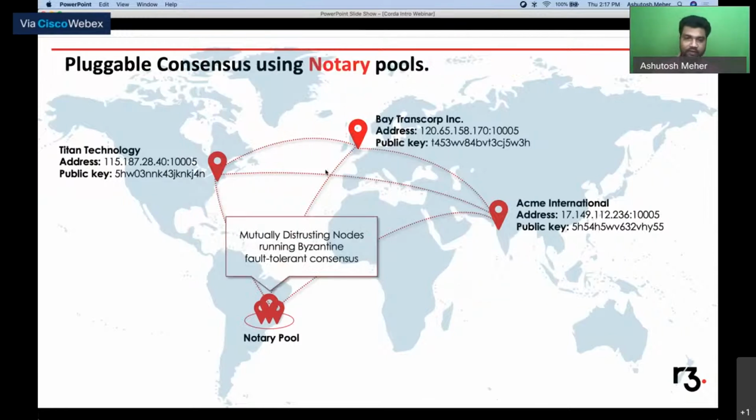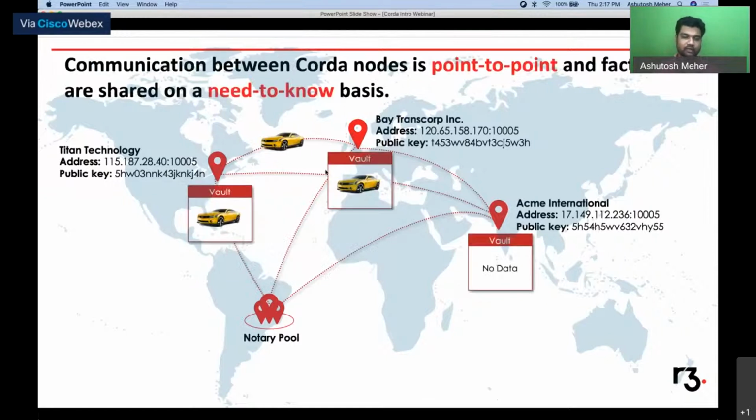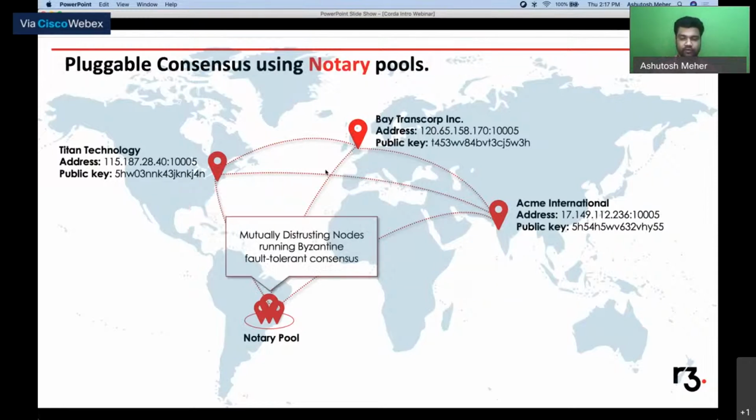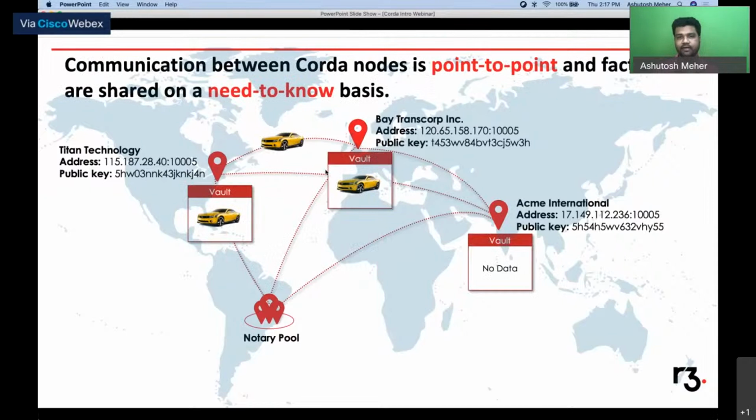All right. Now we see a separate component right at the bottom, which says notary pool. What exactly is the notary pool and why do we need it? Notary pool is the thing which does the consensus. If you look at other blockchains, the consensus is done at a global network level. Everyone is involved in the consensus. But here, the transaction is point to point, so others don't know about it. So